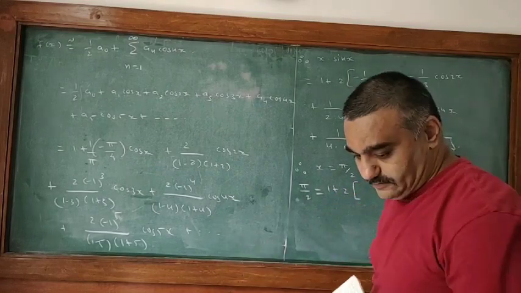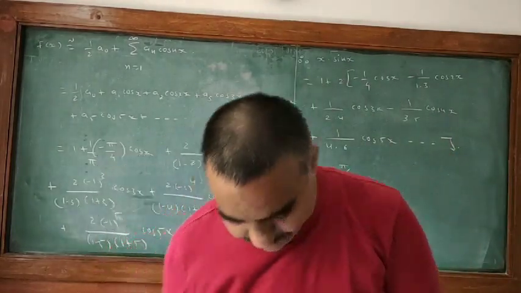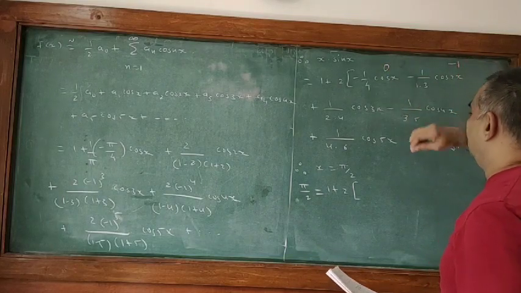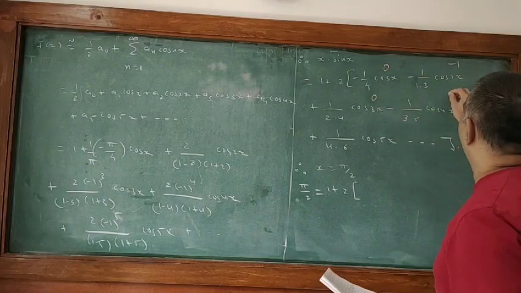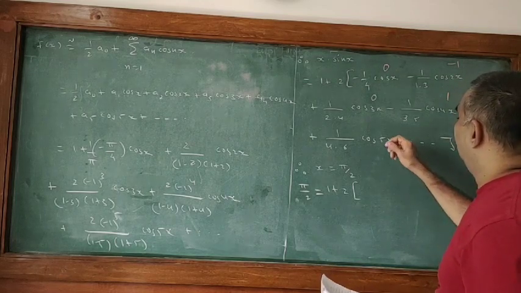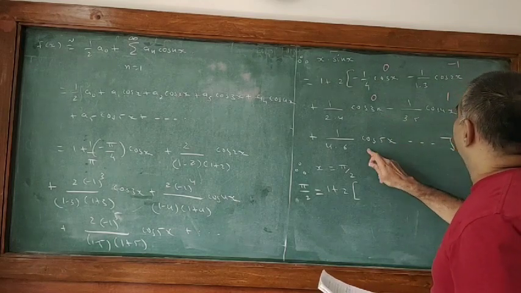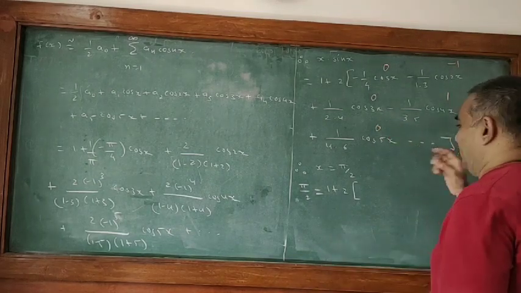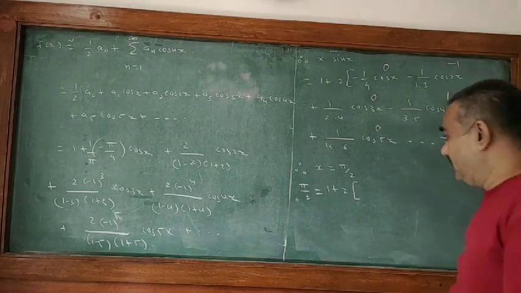This is 0. This is minus 1. This is 0. This is plus 1. This is 0. Then it is plus 1. So the values are